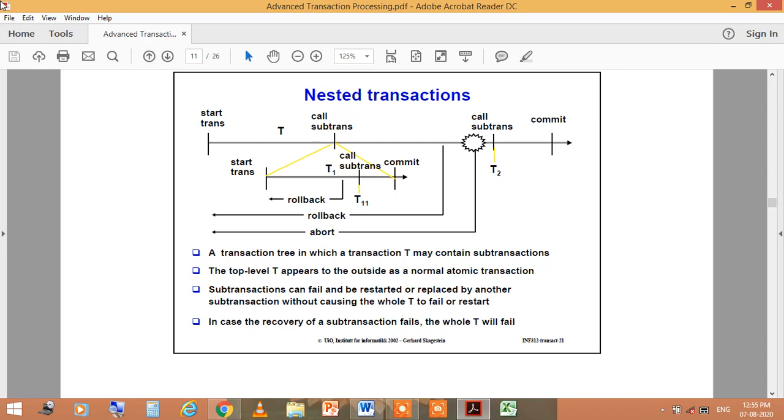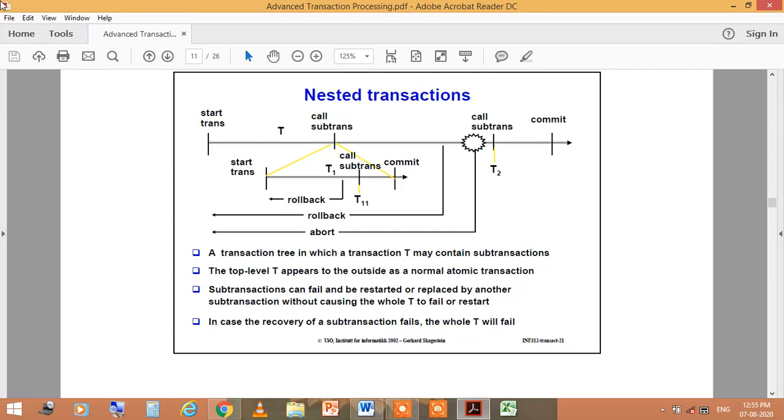Today I am going to take the lecture on the topic nested transactions. You see here in this diagram, nested transaction. There is a transaction which is going, and there is some kind of nested things from which your transaction goes from there. Okay, so this is the basic meaning.